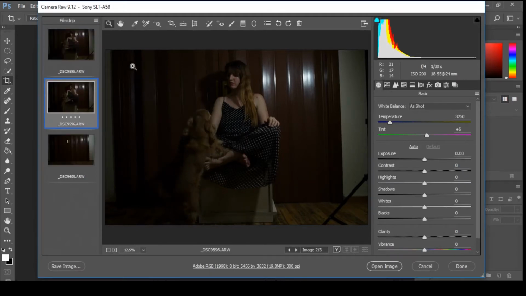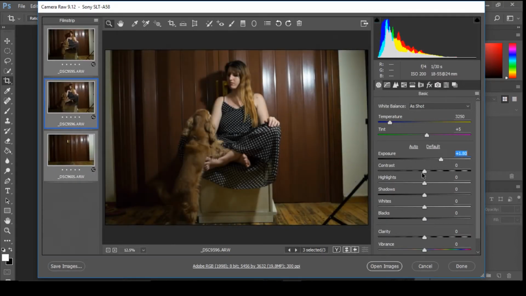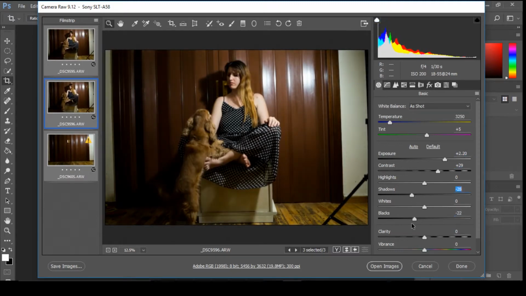Now from here select all images and adjust your settings, exposure, contrast. I want a bit more dark look to this, so I will go down with shadows and blacks, a little bit clarity, and our white balance.